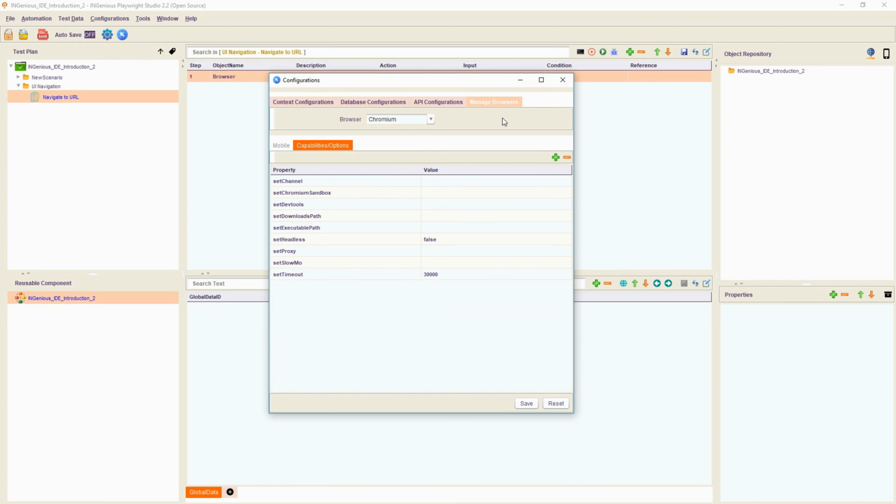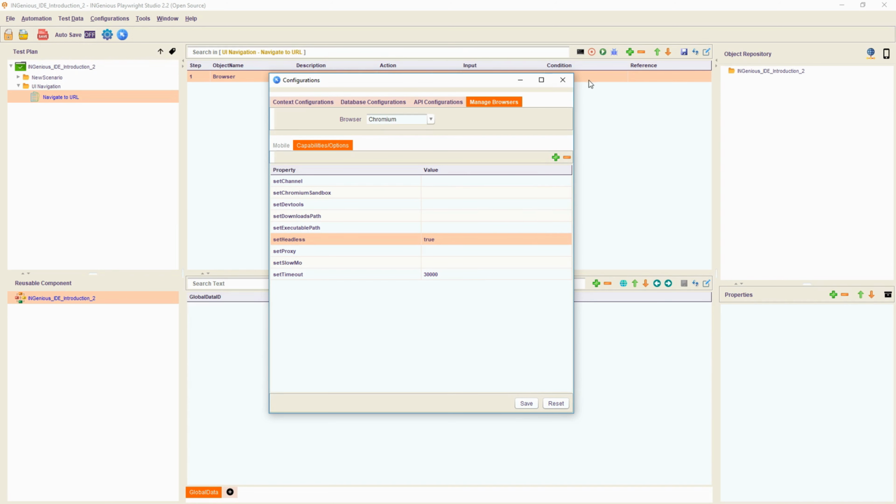So go to manage browsers, and you see headless is set as false at this point. That means it's going to be a headed browser. The test is going to be in headed mode. But if I say I don't want to open the browser to start with, I would like to run just the command line, so it's a headless browser test I would like to run, set it as true here. You can set up your default timeout, and there are other details which will come in a second. So save